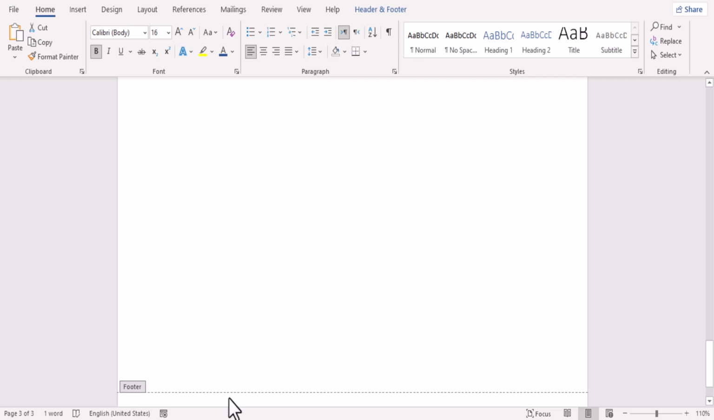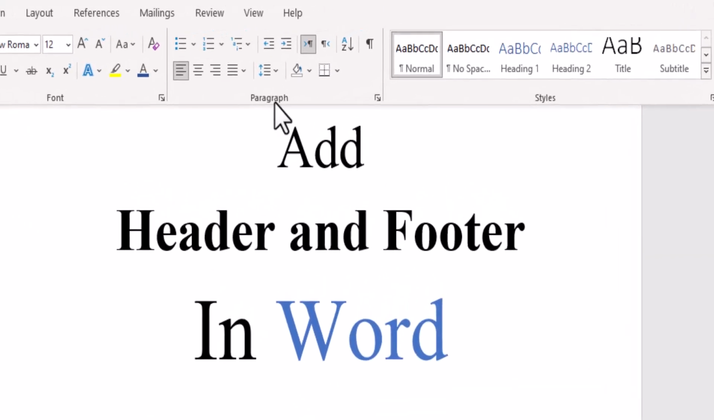And here we have footer. Click on footer area. The same as header, type what you need. You can change the font, bold, and the color. To show all the pages, go to View,